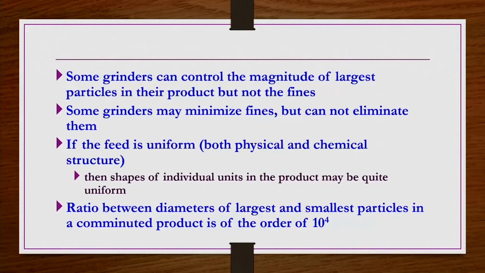Not exactly cubical, but you can have a resemblance to the cubical shape. That is because of the microstructure of the galena. As I already mentioned, whatever the size reduction you do, compression, hammering or attrition, the particle size distribution is going to be very wide, irrespective of the uniformity of the feed. The size reduced material is going to have a very wide distribution of size.